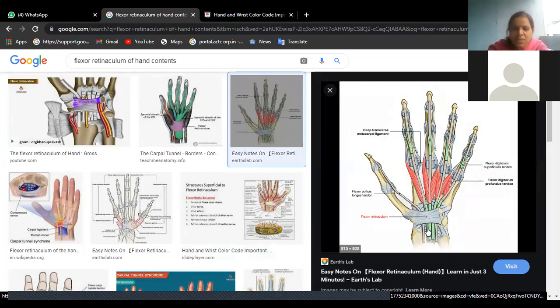What are these structures? We are finding the tendons, the long flexor tendons, the names of the muscles we have studied in the median nerve. Those muscles you should remember now. Flexor digitorum profundus, flexor digitorum superficialis, then flexor pollicis longus. Okay, and we will